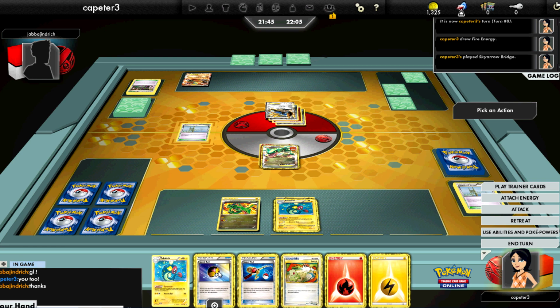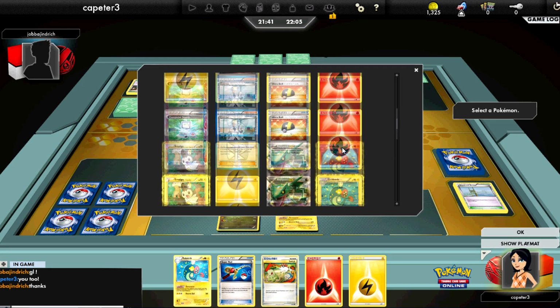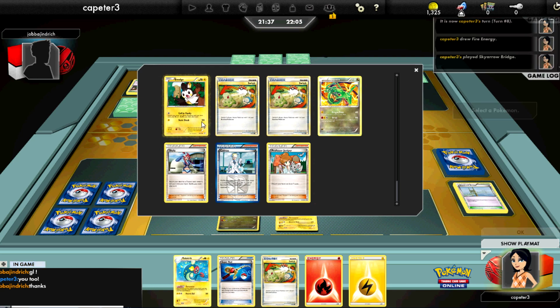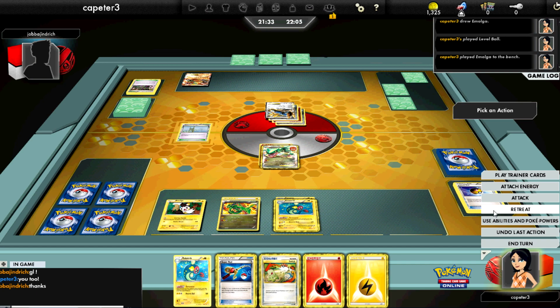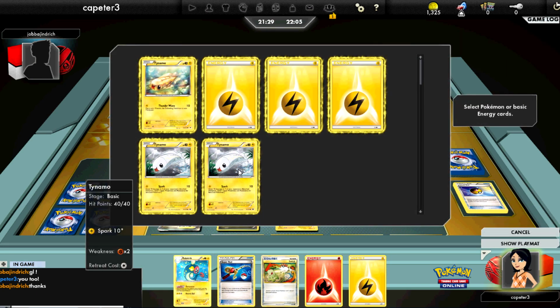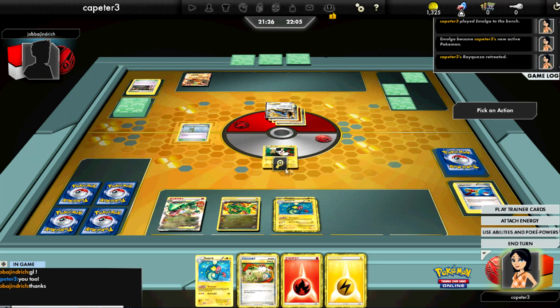And is this the game? Yeah, this is the game where I mess up and I forget to use the Super Rod before the Dynamotor. So I'm actually going to sacrifice an Emolga to get more Dynamo onto the field. So I'm going to Super Rod all 3 Dynamo back in,